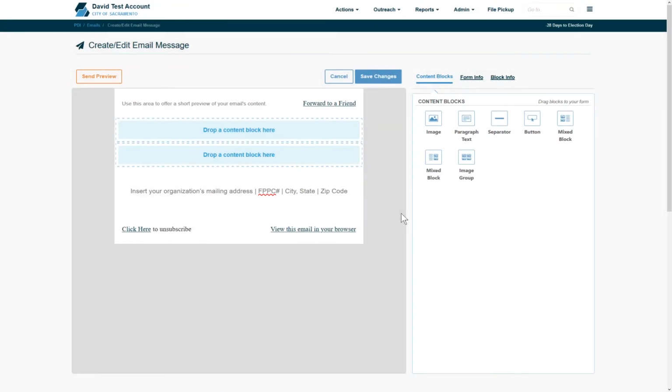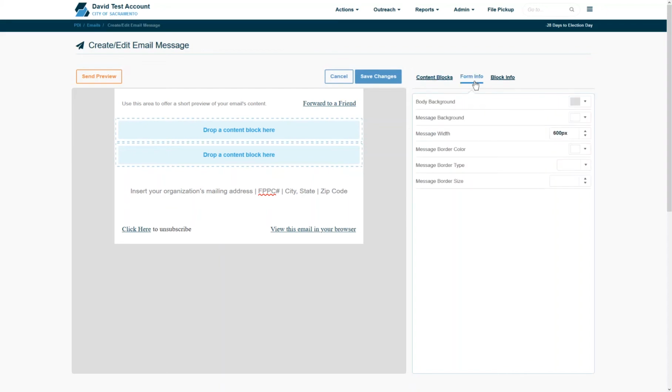Now that those blocks have been removed, we'll go over the elements that can be added to your email message. Over here on the right, our first tab is the Content Blocks tab, which features all the various elements that you can add to your email message to actually build the message itself, such as images, paragraph text blocks, buttons, things like that. Our next tab is the Form Info tab, which features all the various style option customizations for